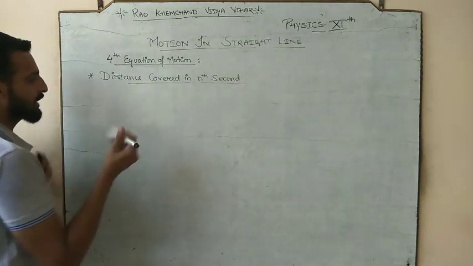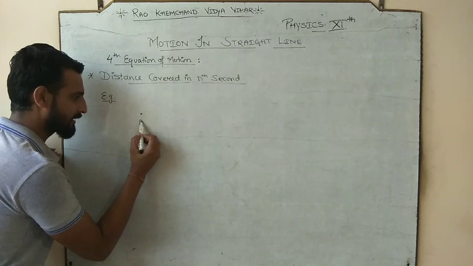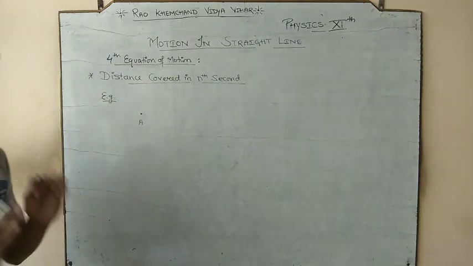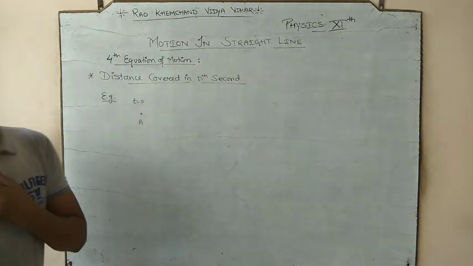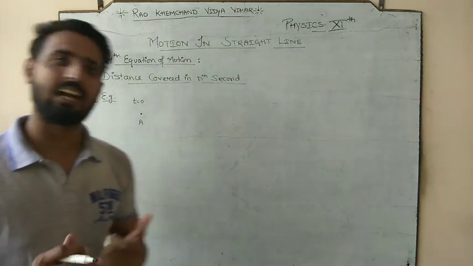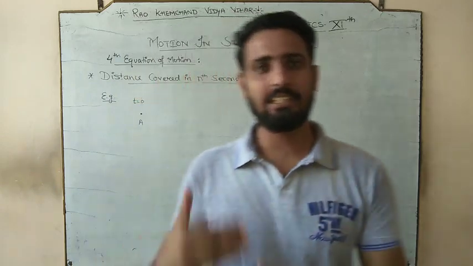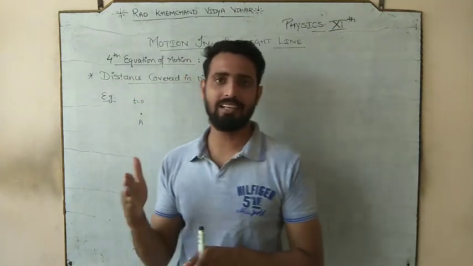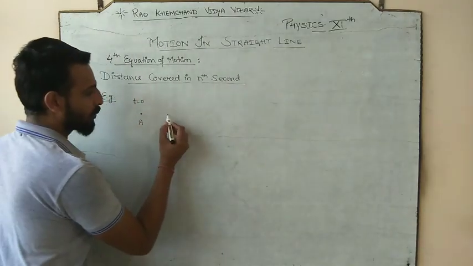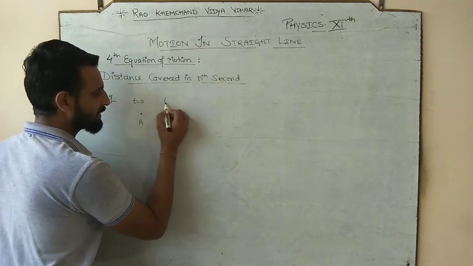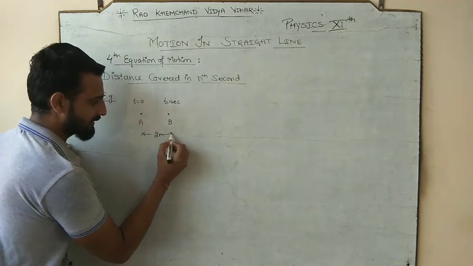For example, initially I am taking an example to demonstrate the topic. Let's suppose your body started from A. So our body started from the point A. This is our initial point, or you can say this is the starting of the time, and time always starts from zero. So whenever we deal with the motion of any body and we say that this body started from this particular point, that point would be considered as time equal to 0.